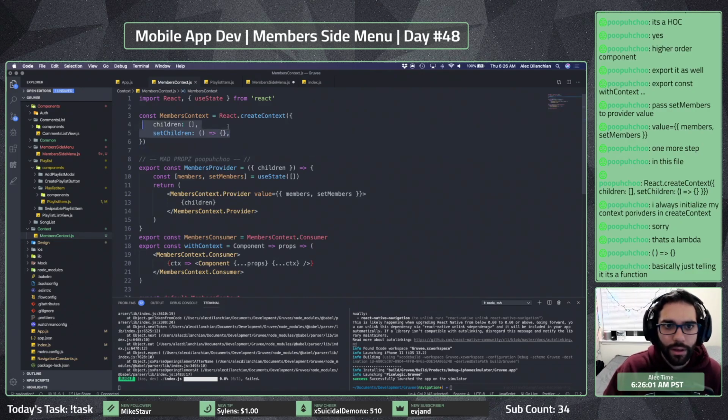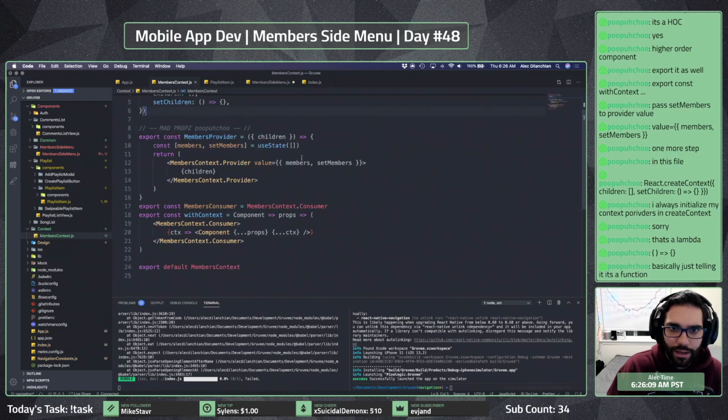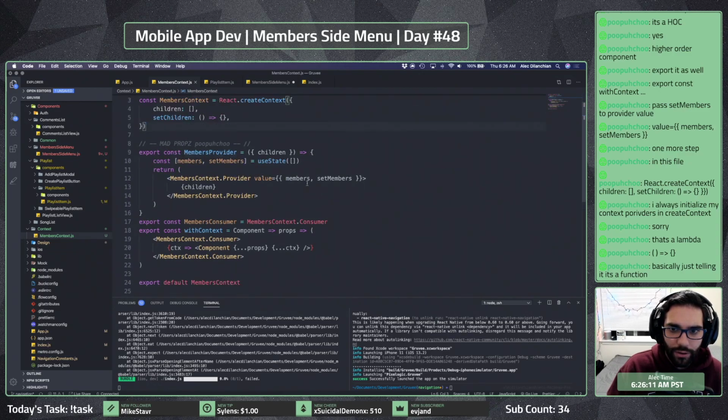Yeah. No. So create context, children is nothing. Set children is a function. And then okay, so children is just members, right? Is essentially what we're doing here.